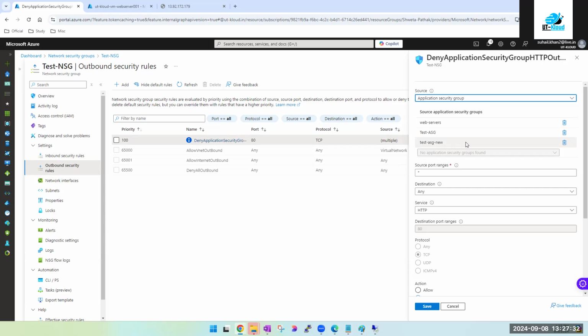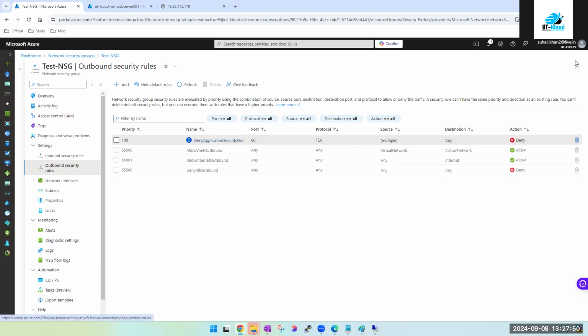एक tag होता है बस, कि इस मशीन को मैंने web server बोल दिया, इसको XYZ server बोल दिया, उसको ABC server बोल दिया, and then here I can use that tag to make some rules. Let's say 1000 machines हैं, उसमें से 10 को सिर्फ मुझको इंटरनेट allow करना है. So what will I do? I will create an application security group for the remaining, उनके लिए block कर दूंगा, बाकी के लिए allow हो गया. एक दो machine होती है तो हम एक अलग से network security group ही पूरा बना देते हैं, उसी पे ये कर देंगे. Is this clear, guys, to everyone?